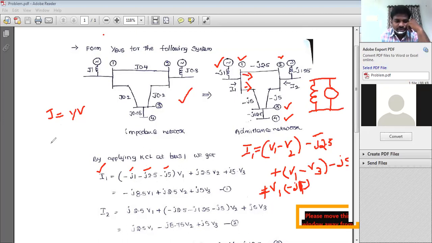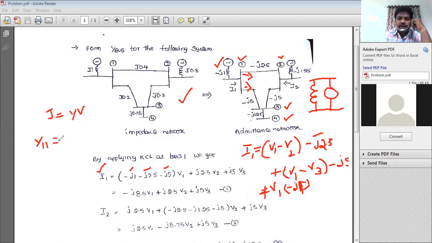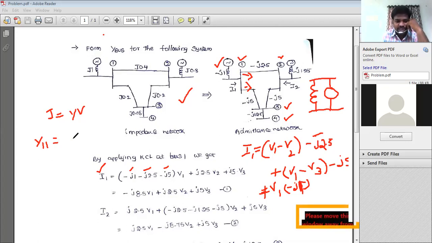In the last class, we have already deduced some expressions related to the Y bus, I bus, and V bus. There we have assumed that Y11 is nothing but the self admittance. So how do you get the self admittance? If you add all the admittances which have been connected to bus number 1, you will get the self admittance. What is the mutual admittance? The admittance which is connected in between ith bus and jth bus. That means Yij, or Y12, you can consider this as minus y12.